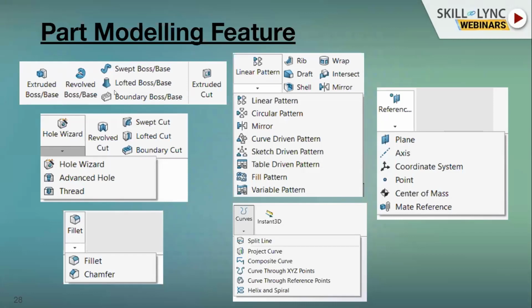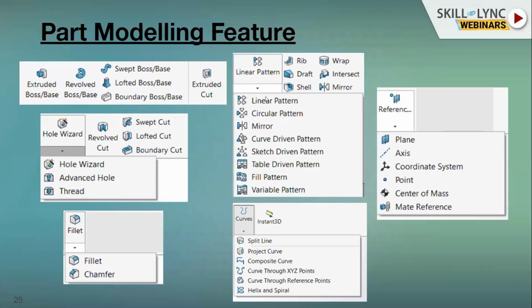And for each thing, we have the same with the extrusion or cut extruded. Both are available. And we have a hole wizard. With this, we can make tapped holes and revolve cut. These are all the cuts, as I explained earlier. Each thing has cut also.